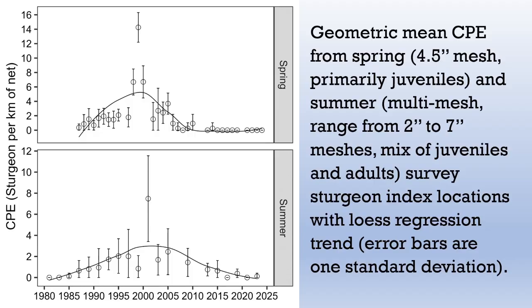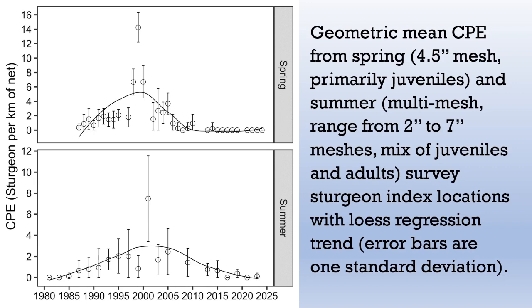They do encounter sturgeon, so I'm just going to quickly show that during those high stocking years in the St. Louis River, those juvenile sturgeon were cruising along the south shore as well. So here the top data are from the spring survey, the bottom data are from the summer survey. And you can kind of see these peaks around the year 2000 or slightly earlier for the spring data because